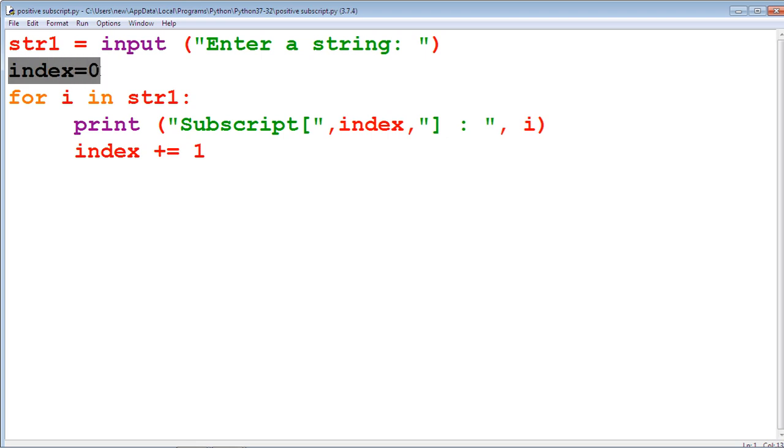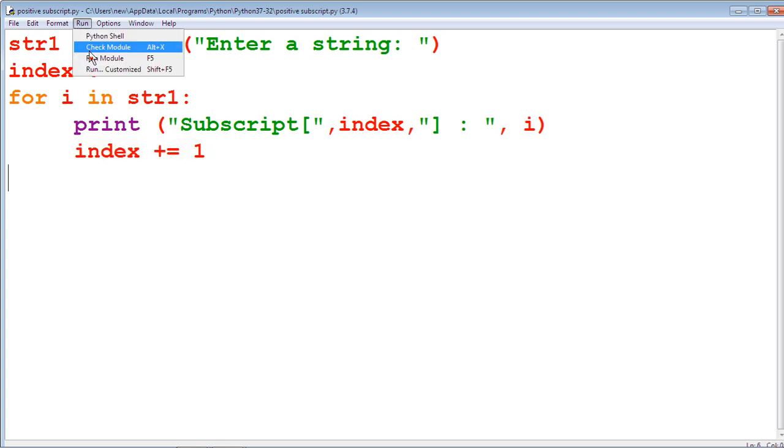The starting value of index is 0. The for loop is used to extract the values of str1. The print statement is used to print each and every character by using the for loop. The index value is upgraded here.